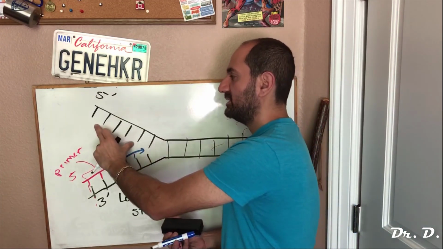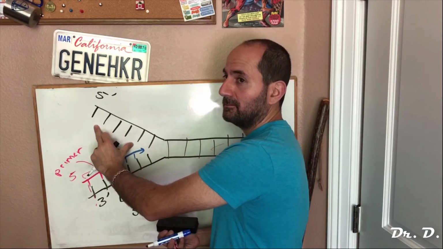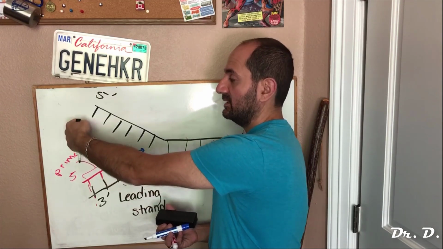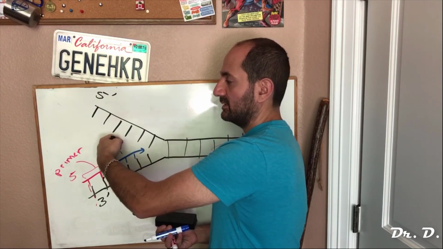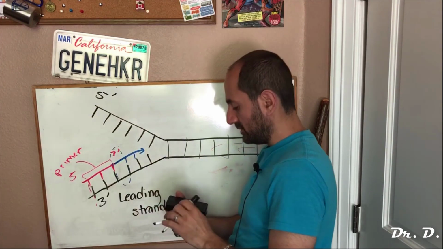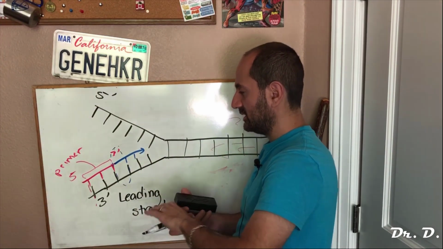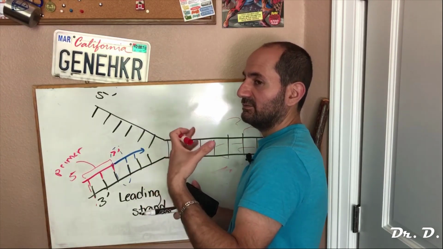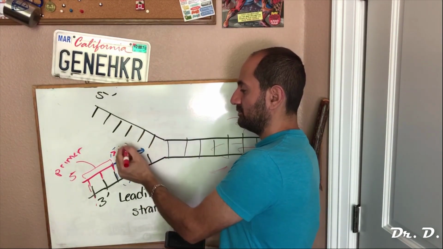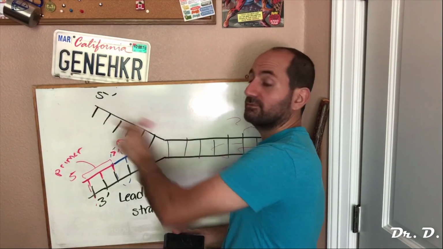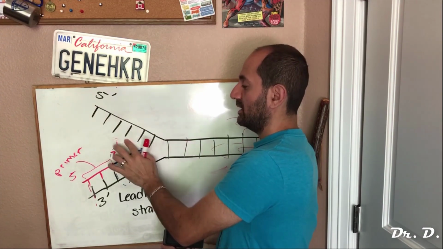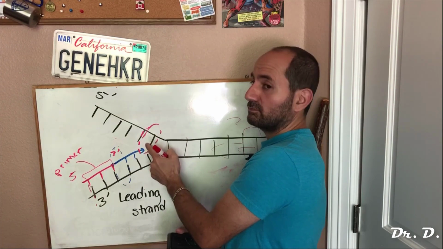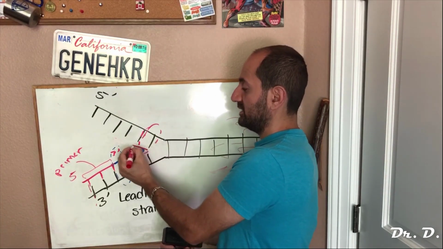So if I want to copy this other strand, what do I need to do? Can RNA polymerase attach here and copy towards the fork? The answer is no. If you paid attention, you know that you can only make DNA 5' to 3'. So that would be this direction, away from the fork. Does that make sense? So RNA polymerase still needs to attach, but it attaches right near the fork and it builds the RNA